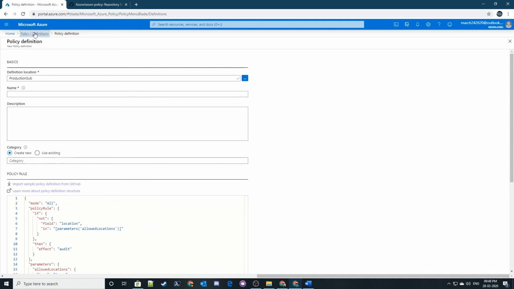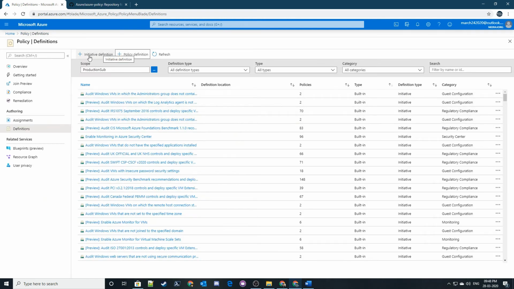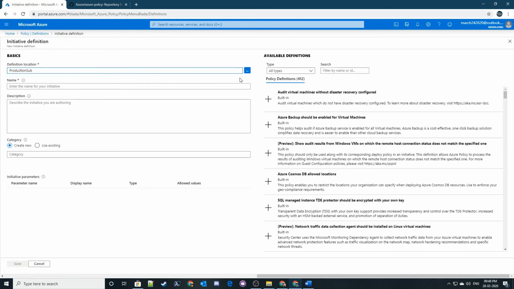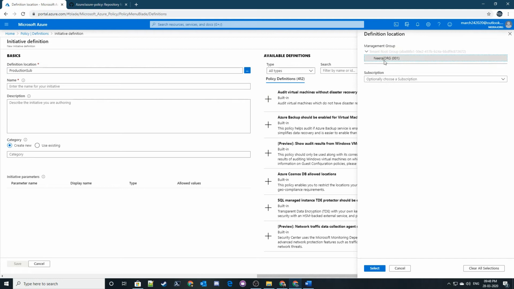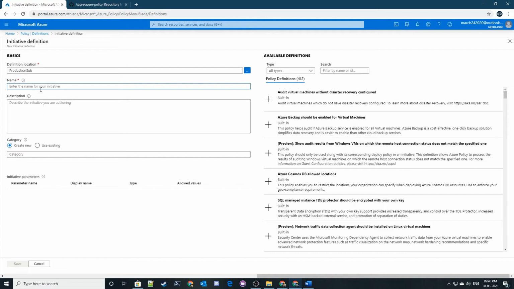Okay, so I won't be creating a policy definition. I'll create an initiative. So in an initiative, I'll select the definition location. So basically it is going to scope the same. So I have already got a management group. I'll select this. If you have multiple management group, you can select from them. I only have one. Okay, after that I'm going to name this policy initiative, sorry, and let's call it allowed,